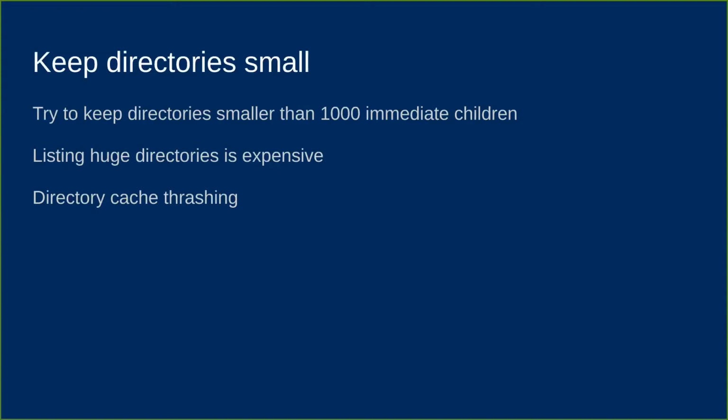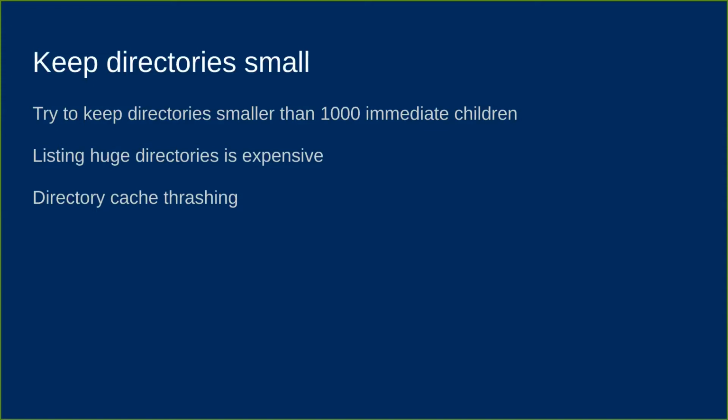The directory cache was filling up before that huge directory was being listed. So what would happen is he would say ls or whatever it may be, and the directory cache would fill up with, say, half of the contents of that directory, and then it would have to go back out to disk to ask again. And so every time he listed that, it was thrashing the cache. It would fill it all the way up. It wouldn't be enough. It would evict that, fill up again with the next